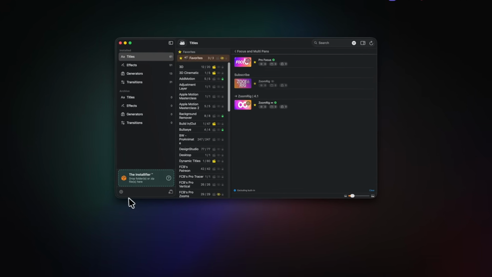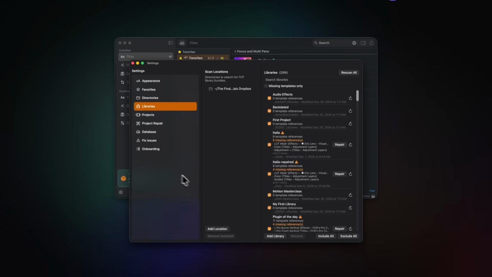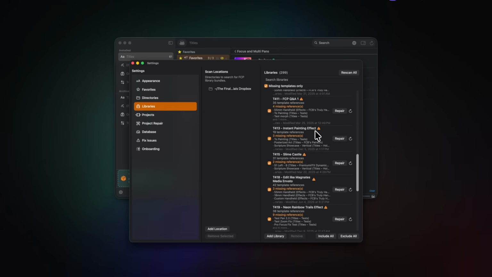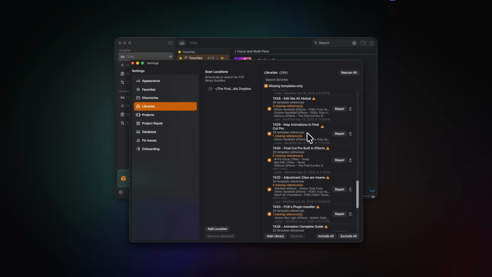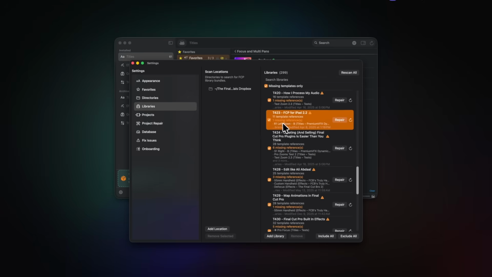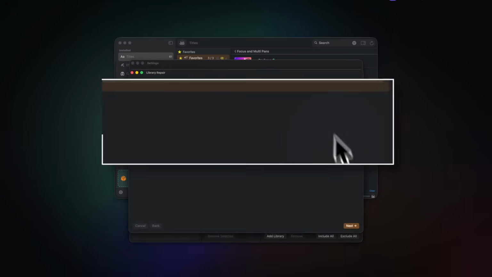You'll find it by going over to the settings menu here, and we can go ahead and select libraries. You'll notice that we can check this box to see missing templates only. So all of the projects that it has previously scanned will be showing up here. So let's say, for example, this one has one missing reference and I want to fix it because I happen to know that I still have that title. It's just been moved. We'll press repair,